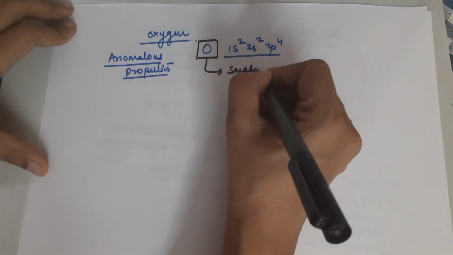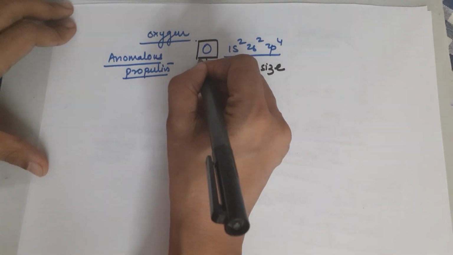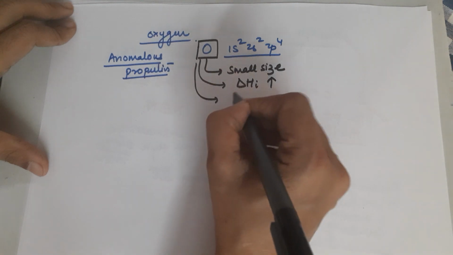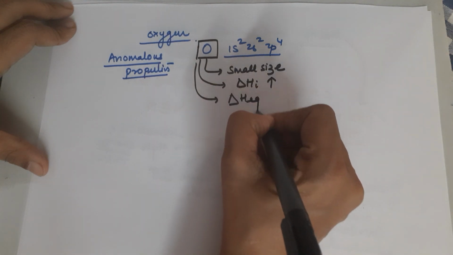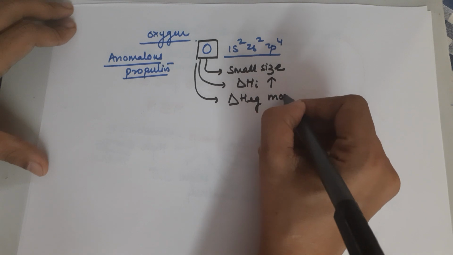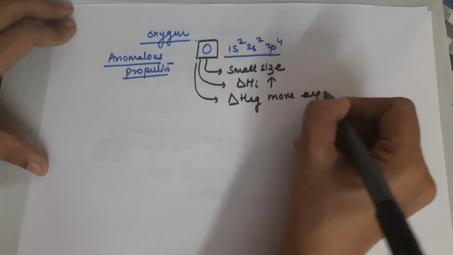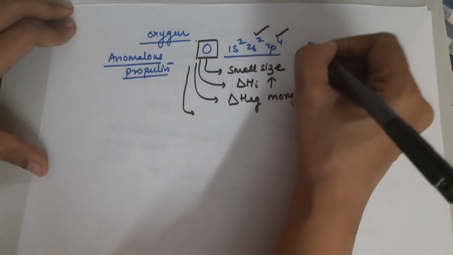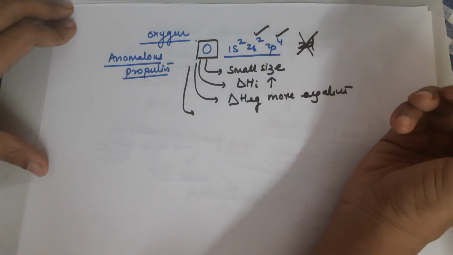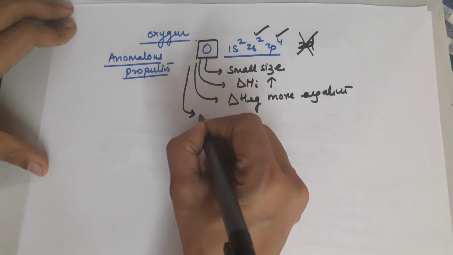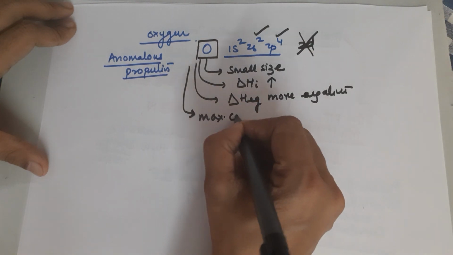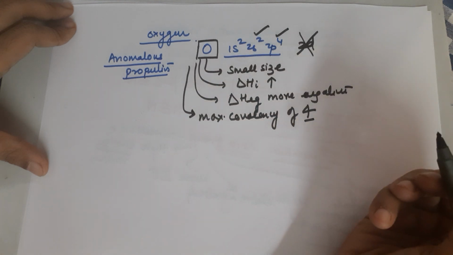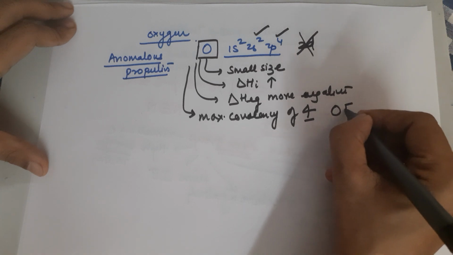The first important property is its small size. Because of the small size, the ionization energy therefore is very high. The electron gain enthalpy is also more negative. Also, it has got only S and P subshell. There is nothing called as 2D in the first member, so it can have a maximum covalency of 4. It cannot form bonds beyond 4, so something called as OF6